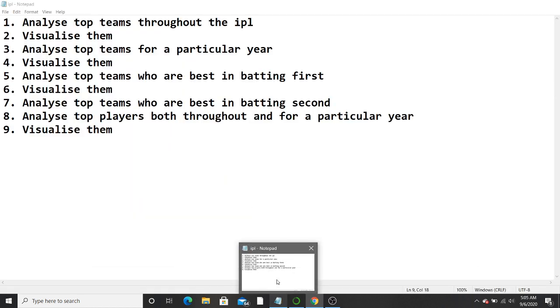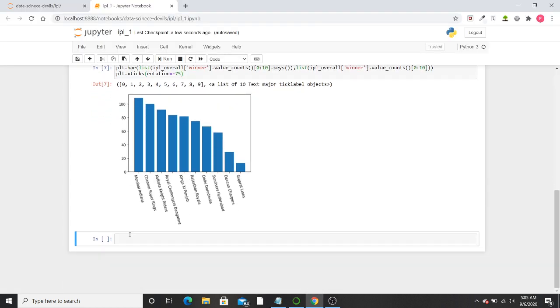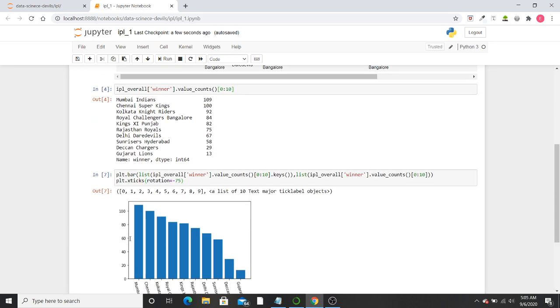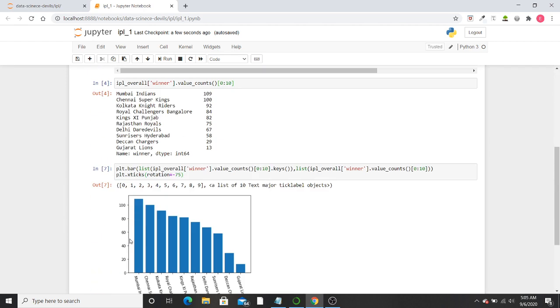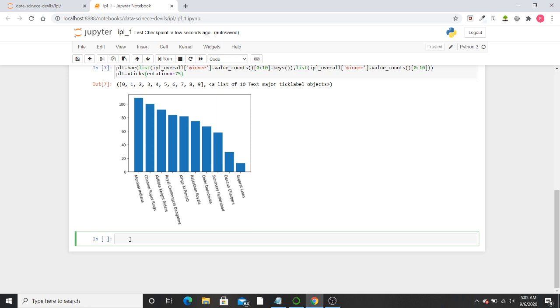What was the next step? The next step was to analyze top teams for a particular year. So we can select any year from start to end, but I'm selecting 2019.